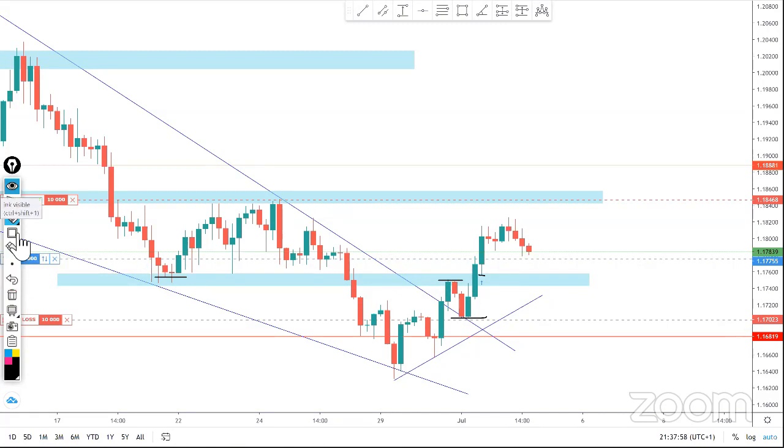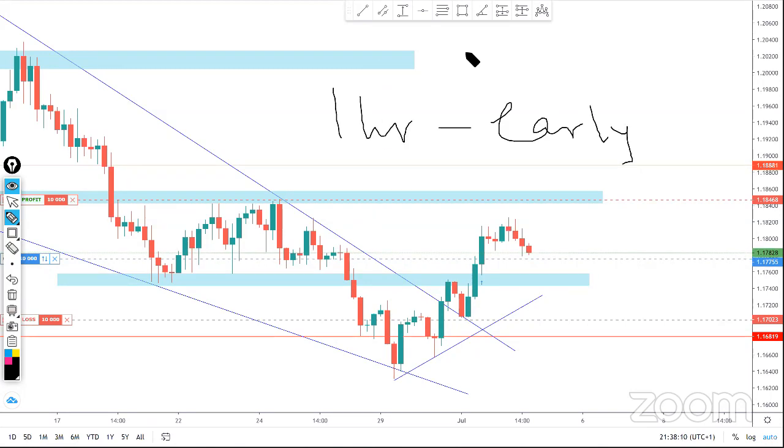So I'm going to show you guys on the 1 hour chart frame. Actually, I don't trade the 1 hour for my analysis, but I use the 1 hour to get in early. So don't get me wrong. The 4 hour, daily and weekly are for my trading analysis. I don't analyze the trend or the market on the 1 hour, but I use the 1 hour to get in early and then to take my profits.